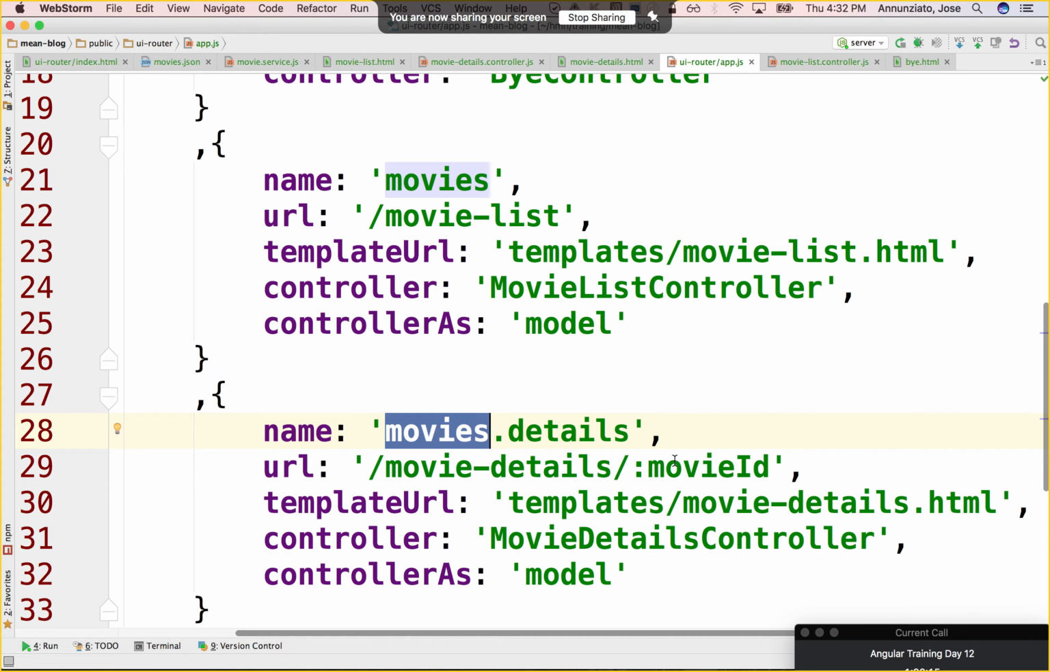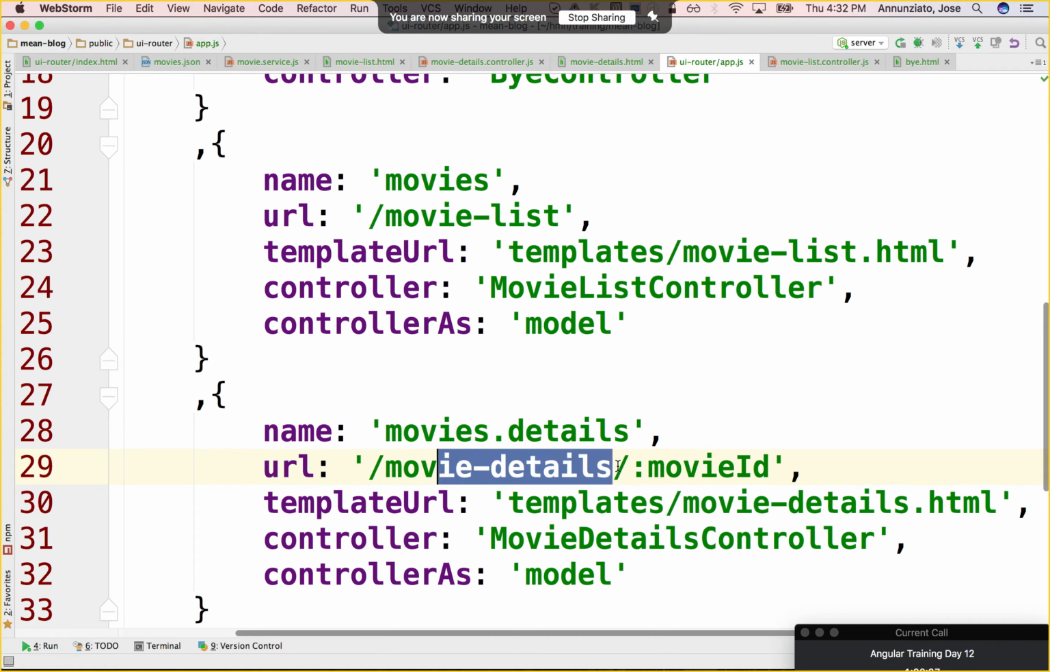That means that the URL is also going to follow a hierarchical mechanism, right? So the way I navigate to this state will be relative to the parent URL, right? So the parent URL is movie list, right? This will be movie list slash movie ID. Okay,